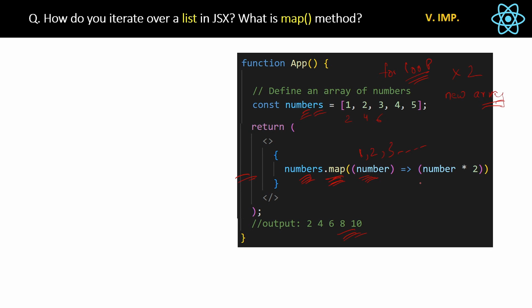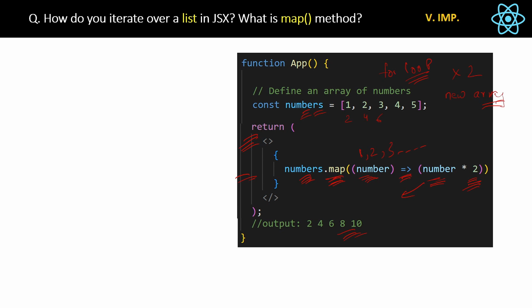And then this arrow function will help in manipulating each item in the number list. Here we are passing each number as a parameter, and then we are multiplying the same number with 2, and then these numbers multiplied by 2 will be added automatically in a new array which will be returned by this function. So all these things are happening in just one line, and that is the magic.